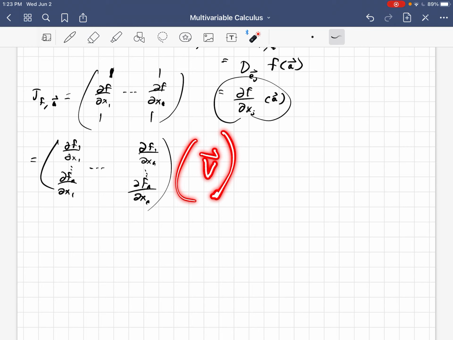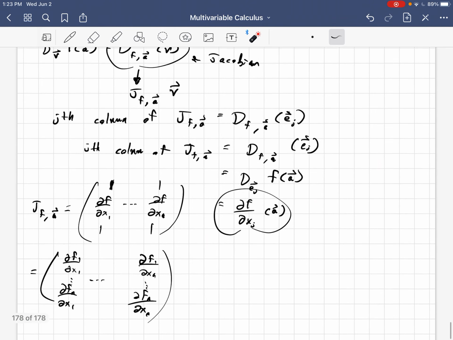Matrix vector multiplication, and you get the directional derivative at that point, because the directional derivative is just the Jacobian times the directional vector. And with that,